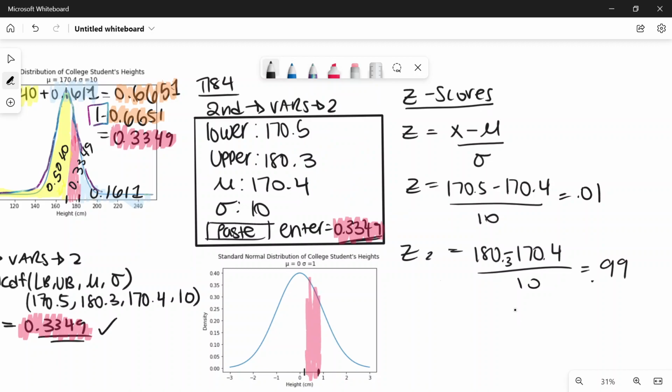And so what I would do is, if I were to use the z-scores for the TI-83, I would have to use a standard normal distribution. So that would be normal CDF, and I would have had to do 0.01. Upper bound would have been 0.99, and then 0 and then 1, for lower bound, upper bound, mu, and then sigma. And then for the TI-84,